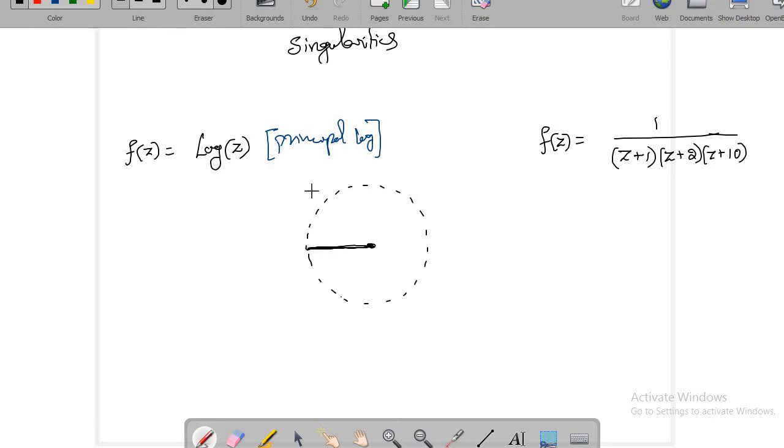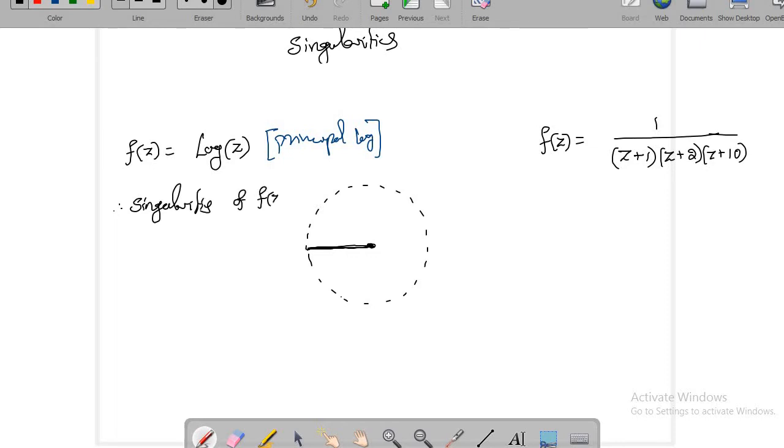And of course we proved the principal argument function is not continuous and the limit does not exist on this line. Okay, so now this function is going to be analytic everywhere except on the negative x-axis. Okay, so therefore the singular points or singularities of